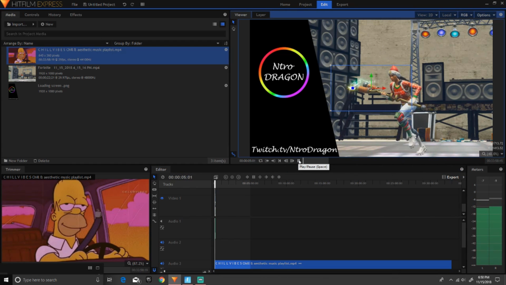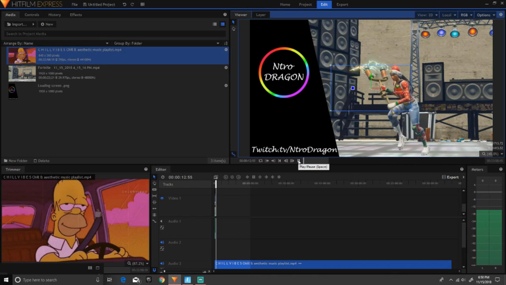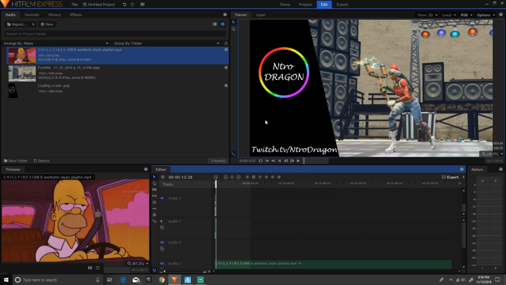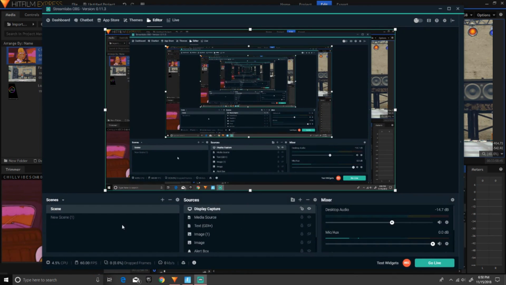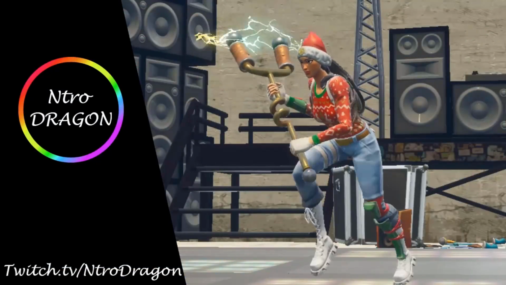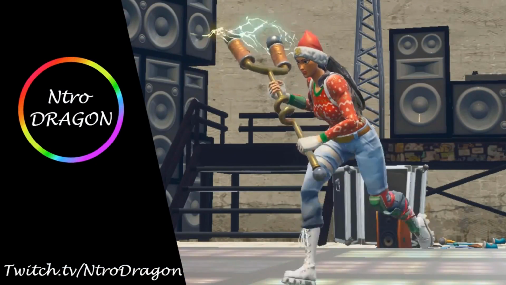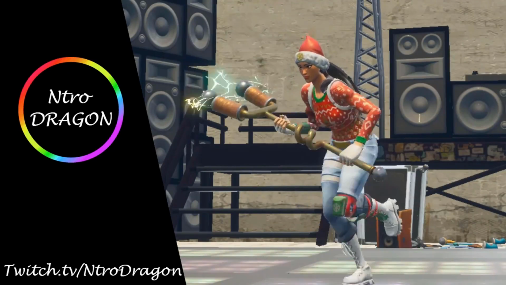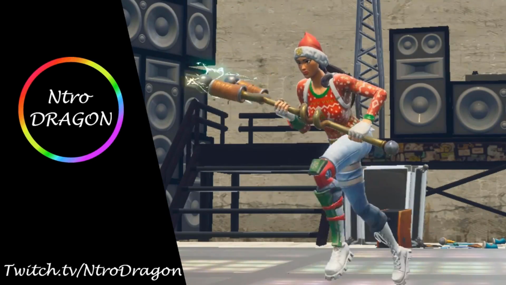Okay, so what you want to do that I forgot to leave out, which I left out, is on the right you will see an export button. You'll hit export and then you'll hit contents, and then at the bottom of the export section on the top right it should say export somewhere. You'll click on that, you'll see the exports, and on the bottom you should see where it'll say the file name, and it will have nothing next to it. You want to right click it, hit start exporting, or force start, or something like that,